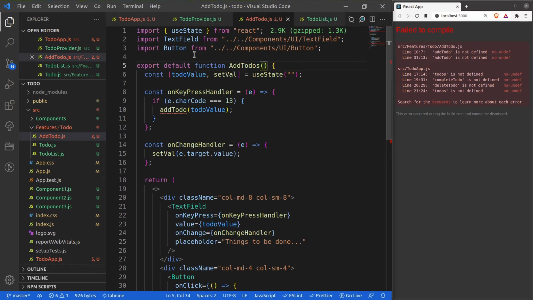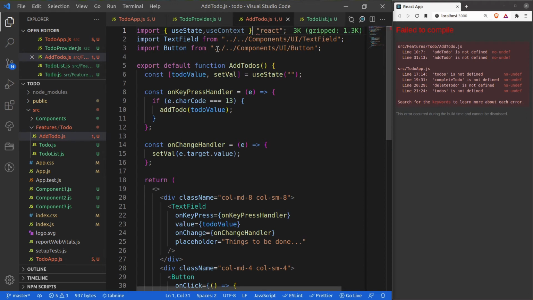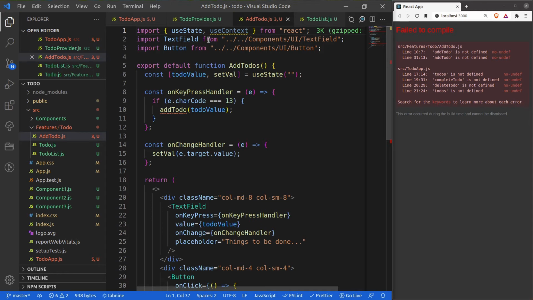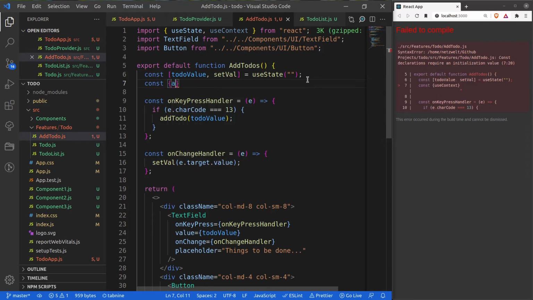So what we are going to do now is use the context API.